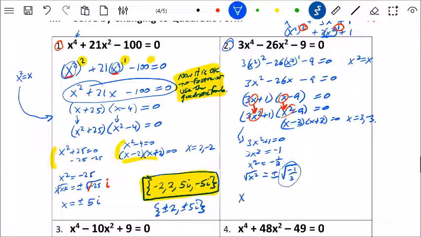We get a negative, so now I have an x here equals plus or minus. So I have an i, and then I have, well, actually look at that. That's square root of 1 over square root of 3, which means it's just simply times 1, and underneath it, it's square root of 3. And the i is going to go in the back in a moment. So another way to write this would be plus or minus 1 over square root of 3, i. You can put i on top of square root of 3, but you really shouldn't. It should be after the fraction. So our solution set for this one is negative 3, 3, 1 over